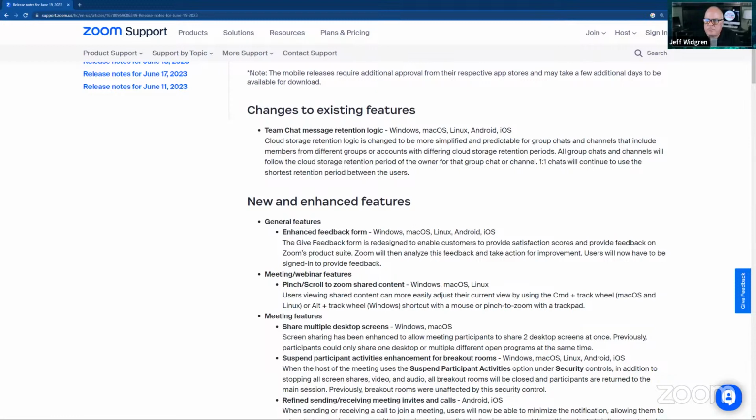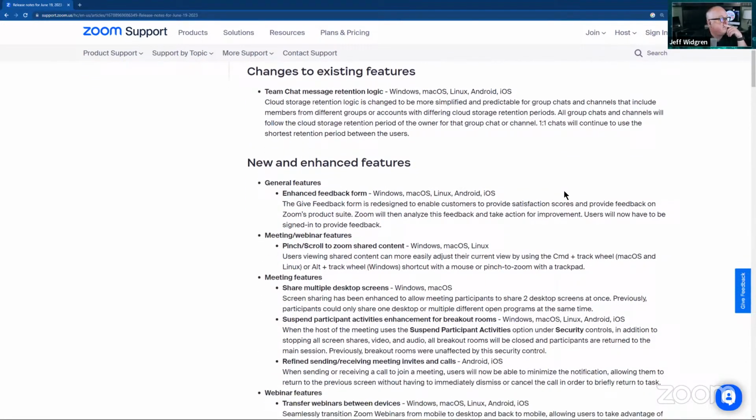Yeah, June 19th. So that's just 3 days away. Team chat message retention logic.